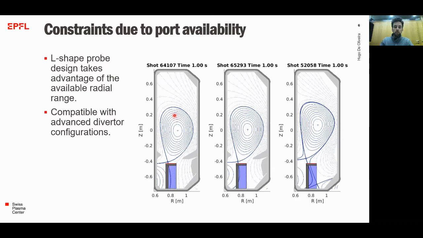So here we have the core plasma, then the scrape-off layer plasma, so the plasma in the divertor, and none of the vertical part is actually in the scrape-off layer plasma. It's hiding in this region, therefore minimizing the perturbation.